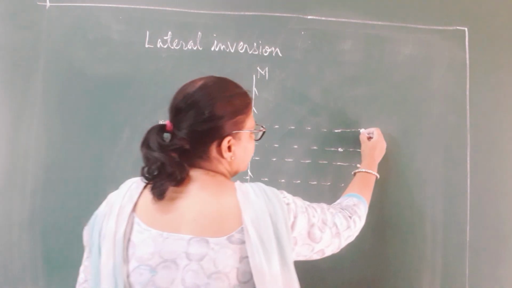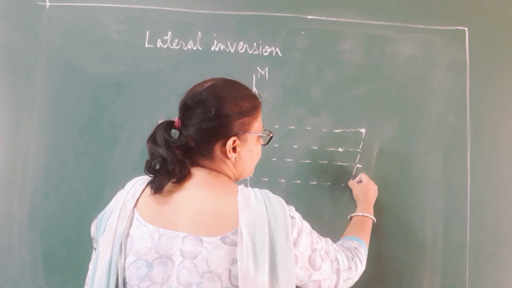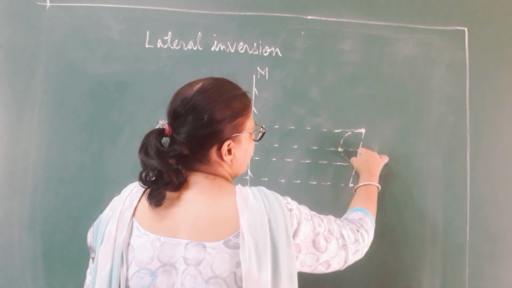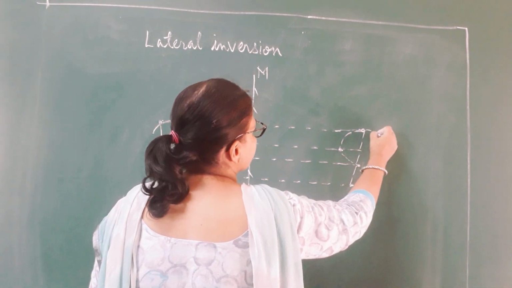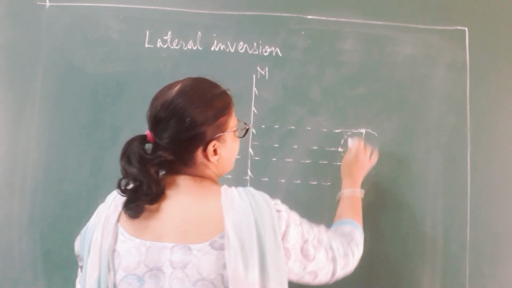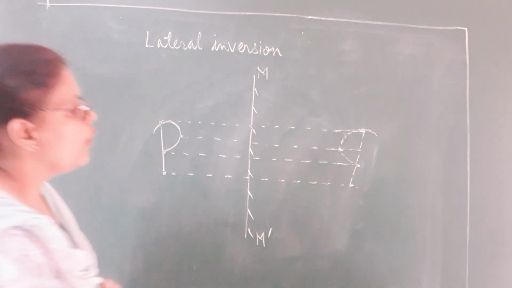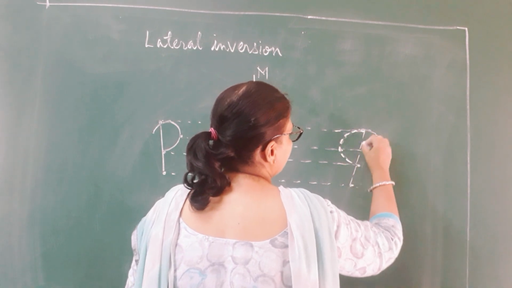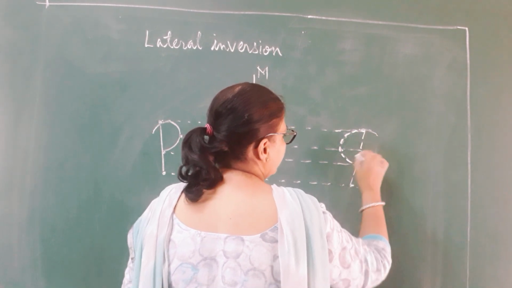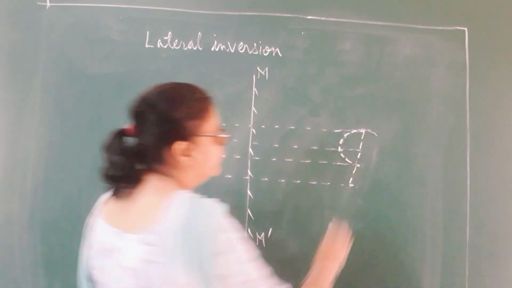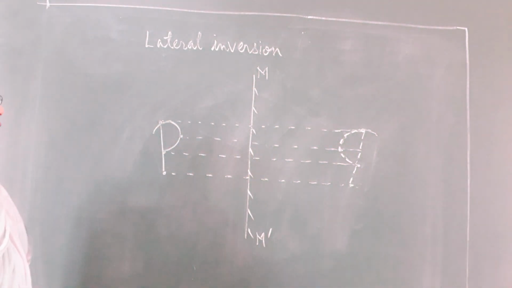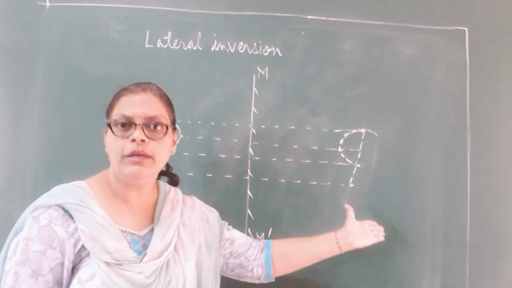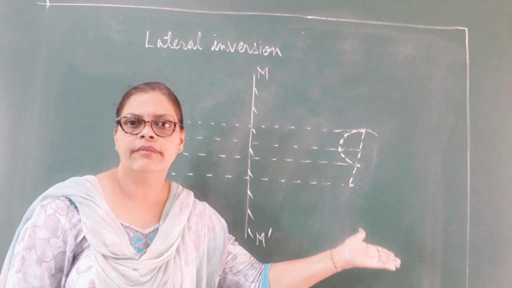And after putting the dots, what are you going to do, children? You are going to combine all the dots. Right, children? You will combine all the dots so as to form an image of the letter P. Can you see, children? I have already joined and drawn the P. So, understood, children? And you can see it is literally inverted, right?